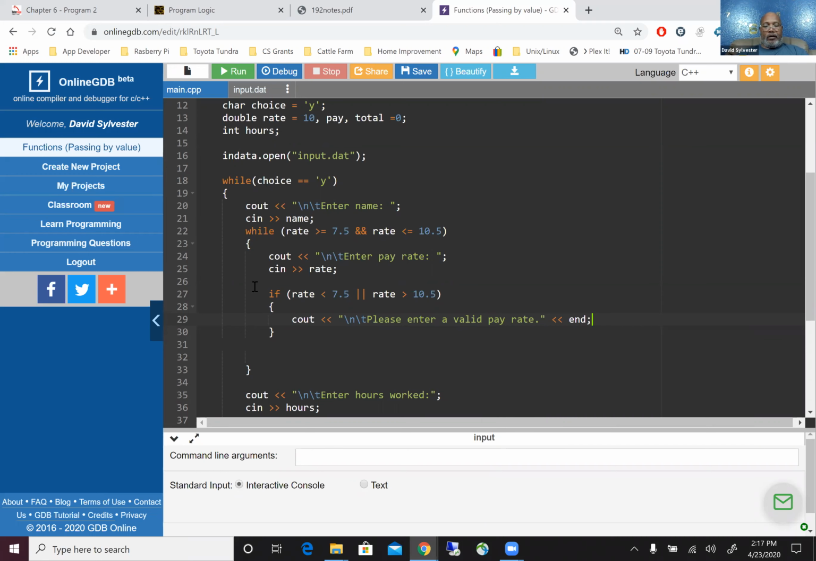So what'll happen, it'll do this while, all right? It'll fall into here because we set it to 10, all right? Now, they're going to allow you to input a rate. But then they're going to check that inputted rate. If that rate is not between 7.5 or greater, or 10.5 or less, it's going to get this error. It's going to go back to this while and says, okay,